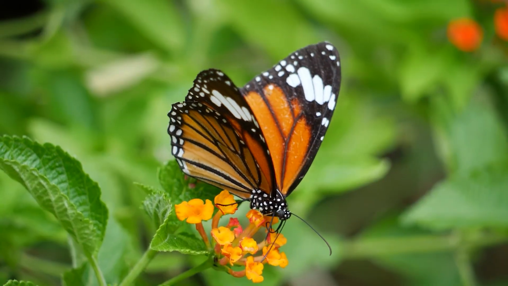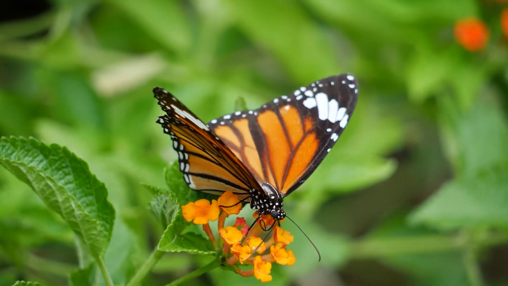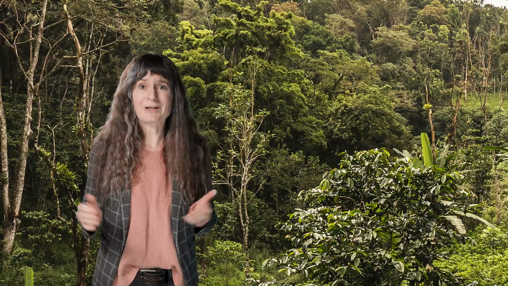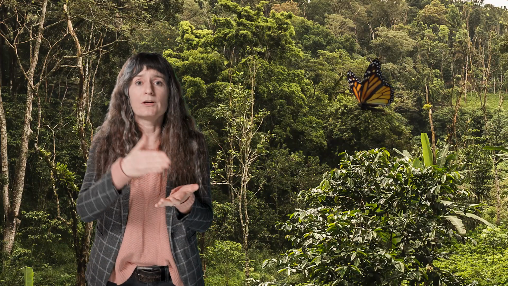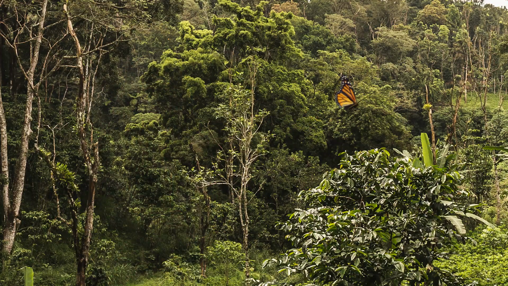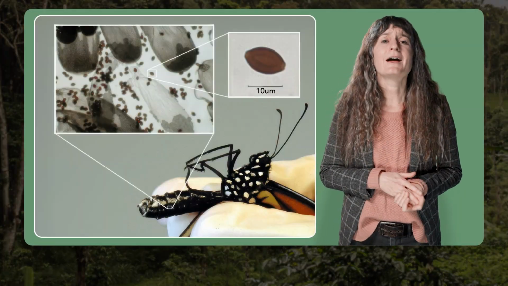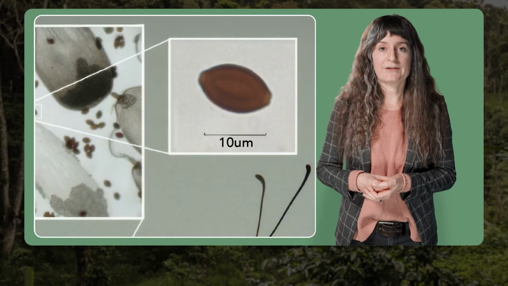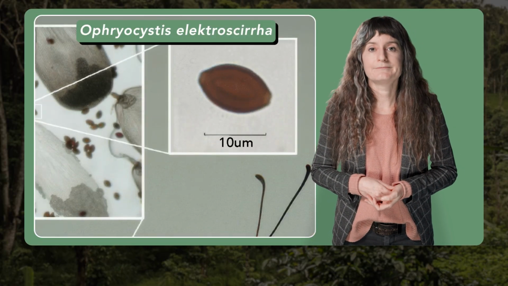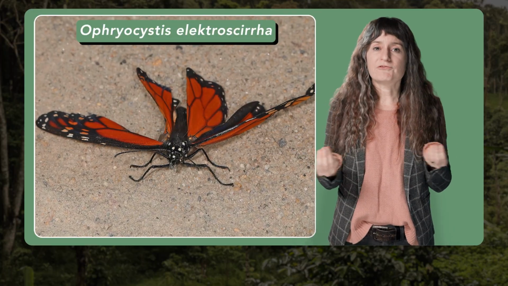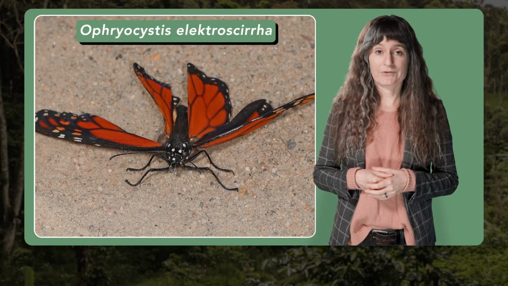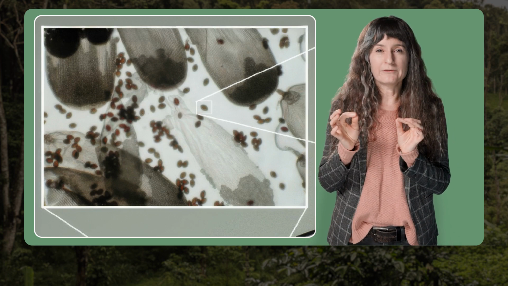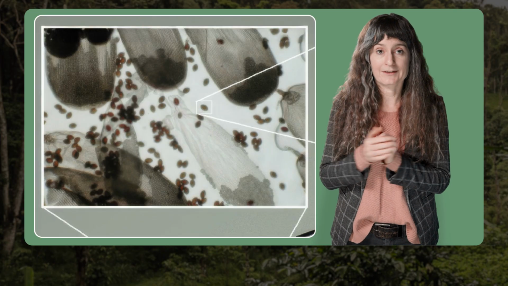You might be familiar with the monarch butterfly, a beautiful North American insect with bright orange and black wings. Some monarchs undertake very long migrations, sometimes traveling hundreds of miles to get from their winter to their summer habitats and back again. But did you know that monarchs are being stalked by a tiny killer? This is a protozoan parasite called Ophryocystis elektroscirrha, which causes monarch wings to become deformed and which can ultimately kill their host. In this photo, the tiny ovals are the parasite's spores. The larger ovals are actually the scales from the monarch butterfly wings.